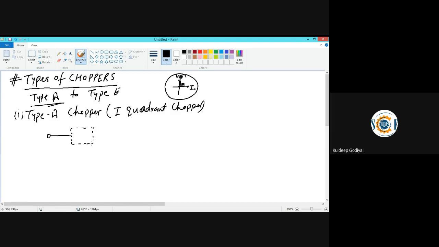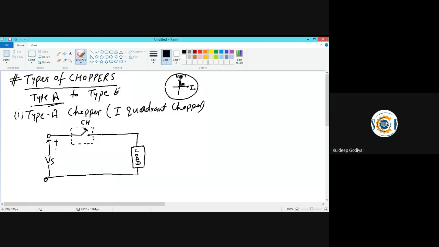Inside this dotted box, the chopper circuit or chopper switch is there. You can write it CH. It is connected to the load and it makes the circuit complete